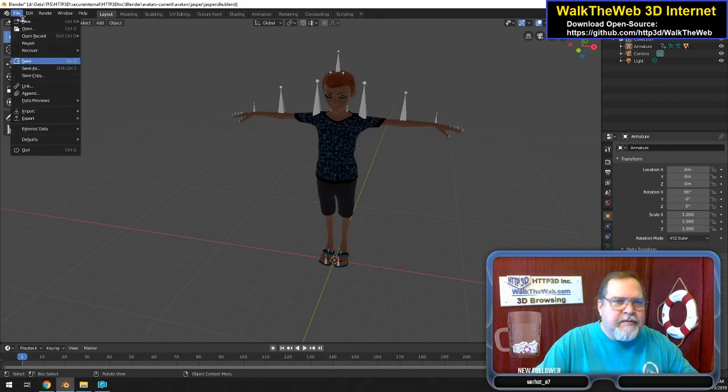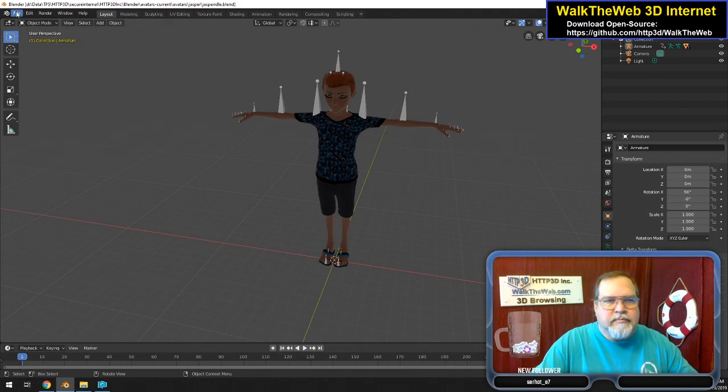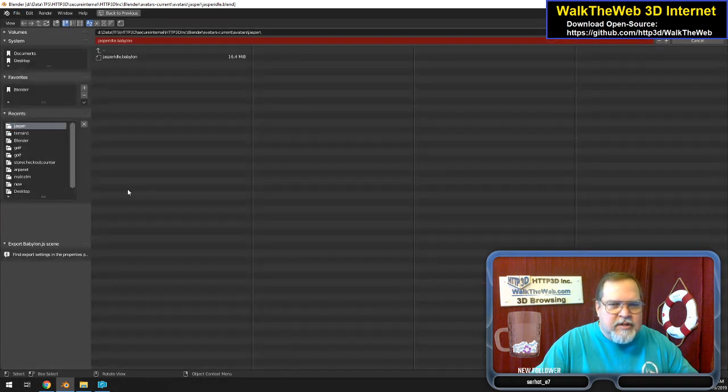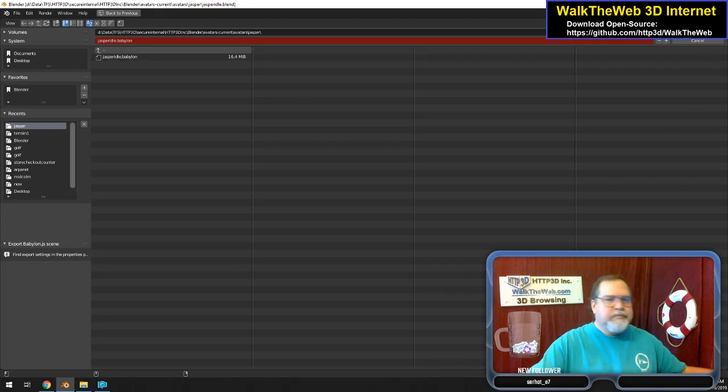File, save. And file, export. I'm just going to dump it in the same directory and overwrite the current files. Jasper Babylon. Okay, export. I have this all saved in another folder, plus we also have it on the GitHub site, so I'm not worried about overwriting my current files. The only thing I've really done is add all the animation keys, and so far